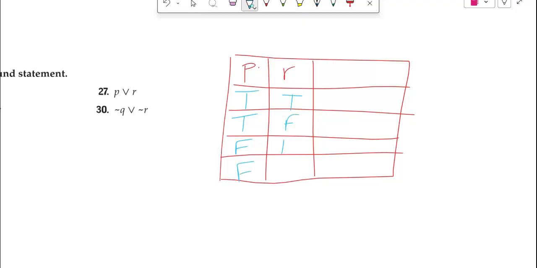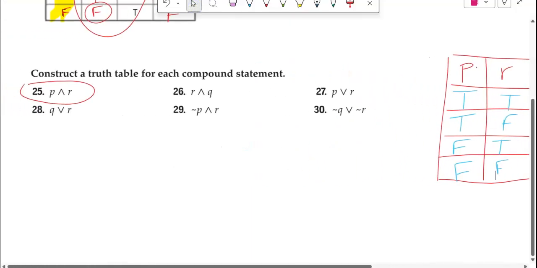True, false, true, false. That's given. That is the way you set up a truth table. So I didn't come up with that from some knowledge of the problem. I hope I'm making sense here. This part of it is just stock standard. No matter what, I'm setting the table up with the first two columns just like this. What changes is the result, the truth value